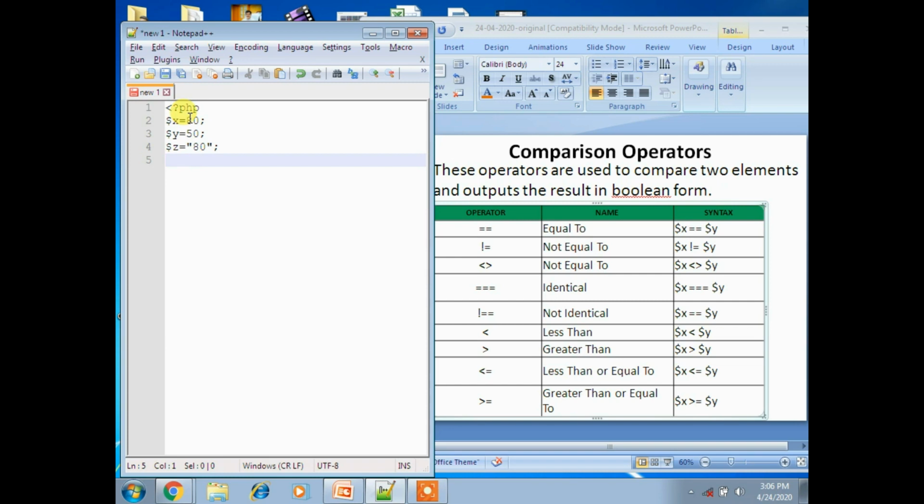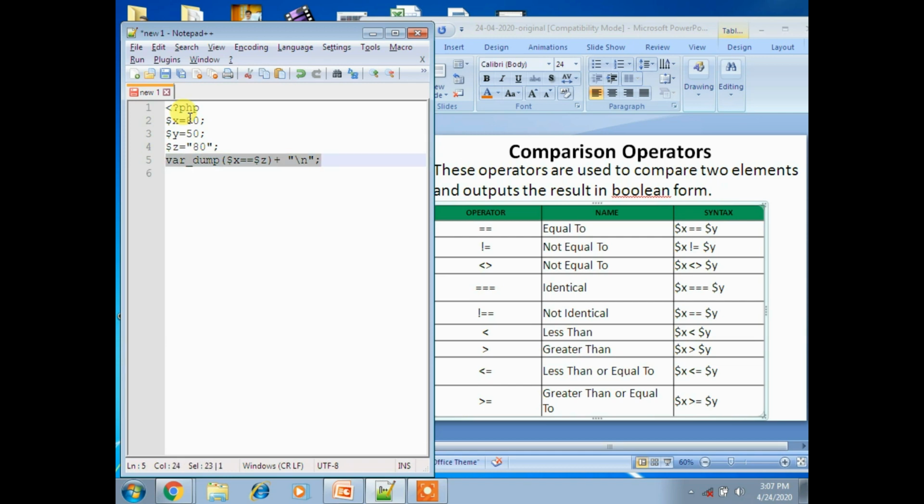Now let's see. var_dump of $x double equal to $z. Then use the plus operator, put double quotation and slash n at the end.